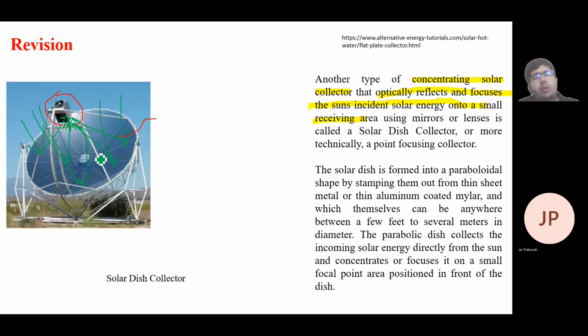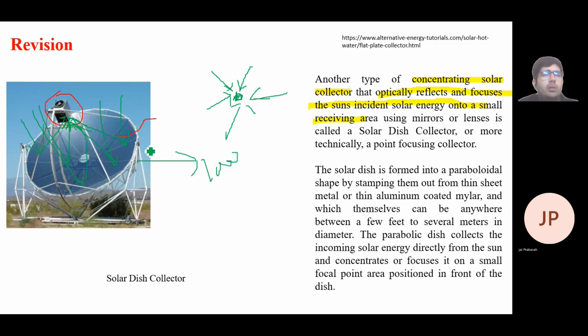Okay, and this is, you can say, a parabola. So all these incident radiation is focusing at this particular point and it's collecting it. So at a particular point, at a small area, we are having more solar radiation. At a small area we are having more impinging radiation. So in this way we can get more temperature. So in this way we can get up to 1000 degrees temperature.